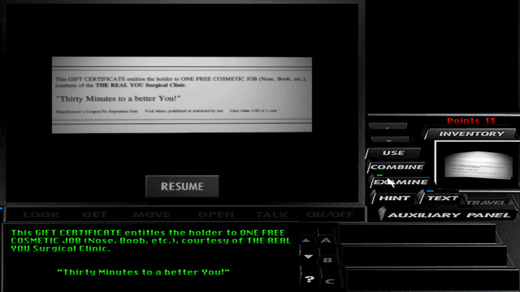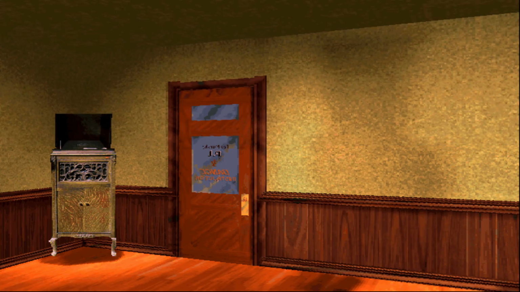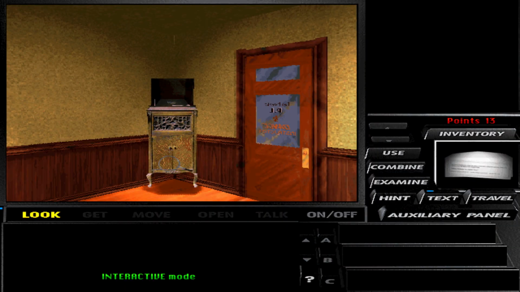This gift certificate entitles the holder to one free cosmetic job, nose, boob, etc., courtesy of the Real You Surgical Clinic. 30 minutes to a better you. That's, I believe it had a cash value of like 3 cents, so...